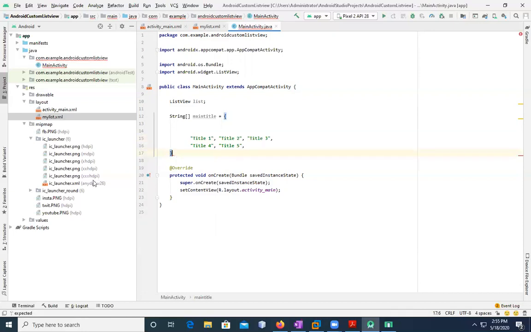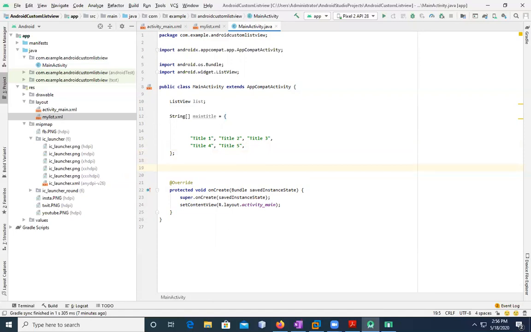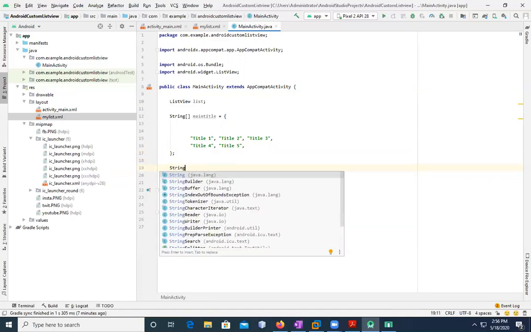Then at last, I'm going to add one more image. So we'll go for 6 or 7. Then we should be having 6 images. But just if you want 4, then only 4. So I'm going to go with 5, and I will add later on one more image. So, yep, that's it. Semicolon. This was for main title, and another variable I'm going to define is String